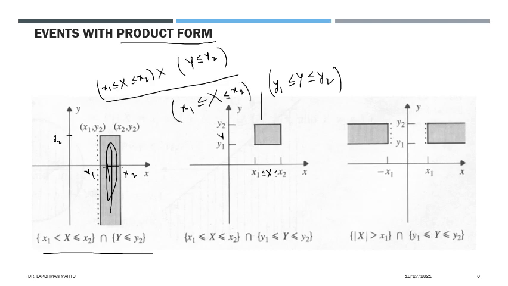What is the benefit of this kind of representation? I told you it is the situation when we are talking about independent random variables x and y, both independent of each other, then we get this kind of situation. Here, how can we express this as a product? Easily we can see that x is taking values. Can anyone suggest how we can express this event in product form? What would be the condition over x times the condition over y? The condition over y is very simple: y is taking values between y1 and y2.